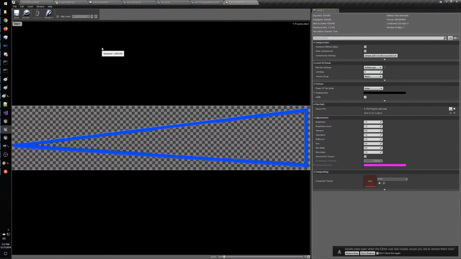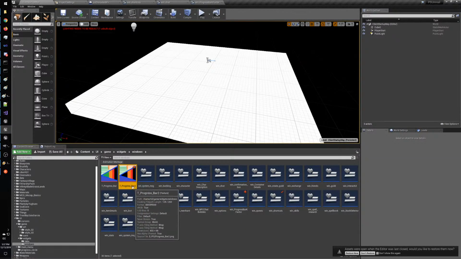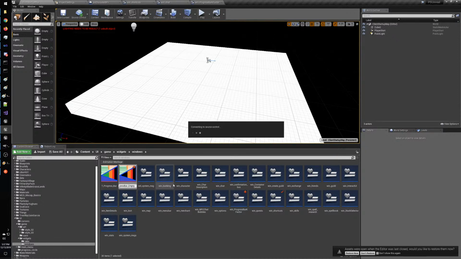I think the empty one is number 2. Let's give it a name which is reasonable. So let's call it progress bar empty. Progress bar empty. And this one we call it